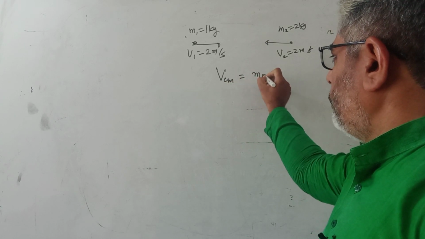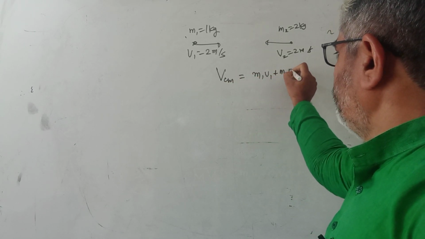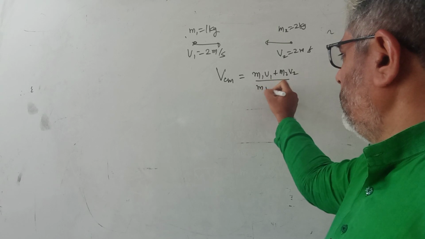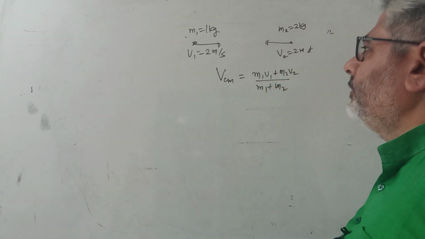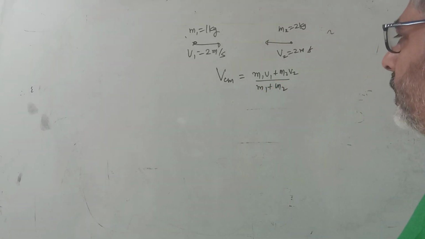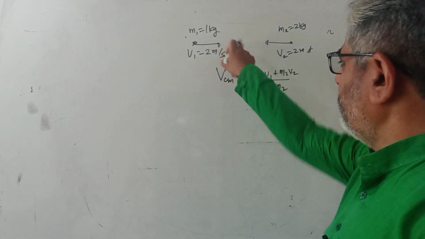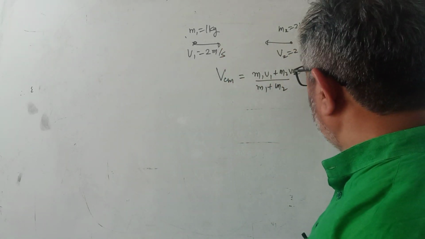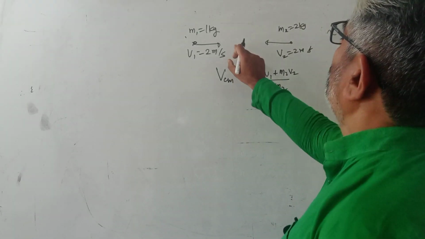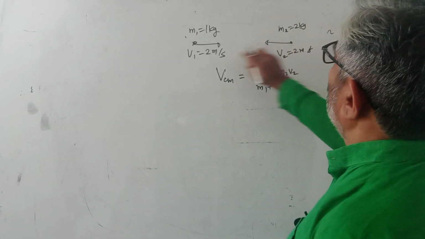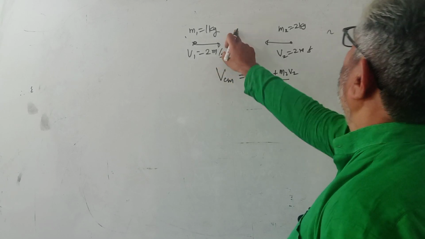So I will apply my formula (m1 v1 + m2 v2) divided by (m1 + m2). Now the students who are weak in physics will make an immediate mistake. What they will do, if I had been in my class 10th maybe, I would have said 1 into 2 plus 2 into 2 upon m1 plus m2. I would quickly say the answer is 2 twos are 4, plus 2 is 6, divided by 2 is 3.